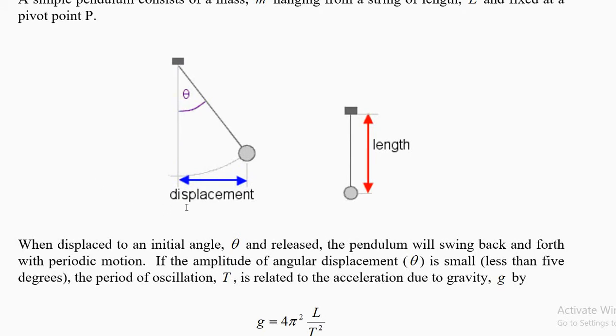Now the pendulum will go and swing like this. Look at the cursor. Now going and coming is one oscillation. You can start at any point. Going and coming to the same point is one oscillation.